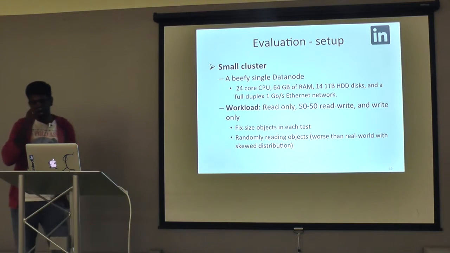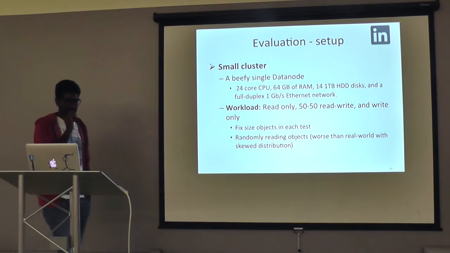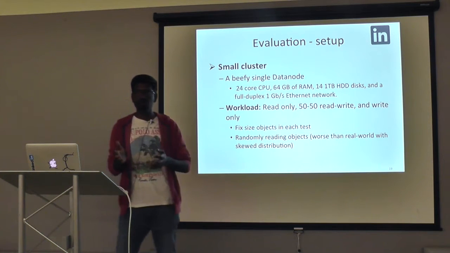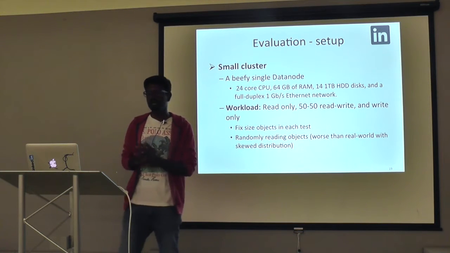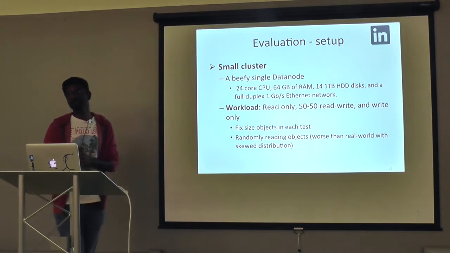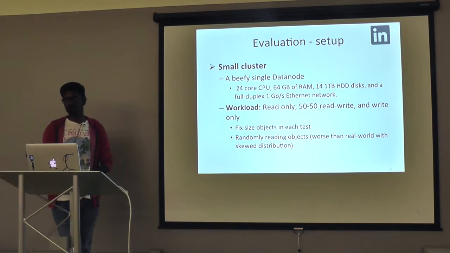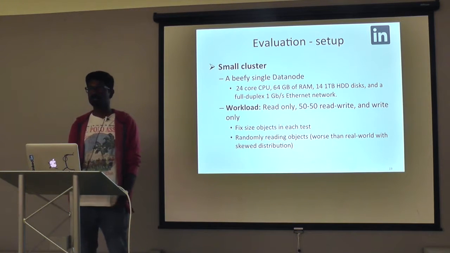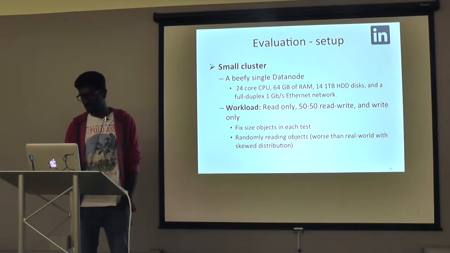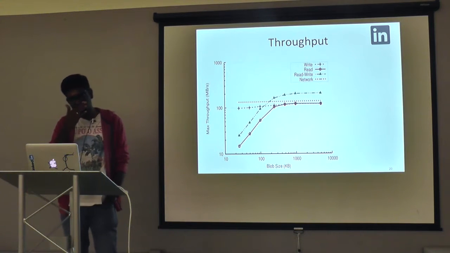Just want to emphasize the point here again. This is a worst case scenario, because in the real world, as we are talking about media use cases, the media access pattern is such that most of the recently uploaded blobs are frequently accessed. So as the data gets older, the QPS for those is pretty low. But the performance testing we have done is pretty much random reads.